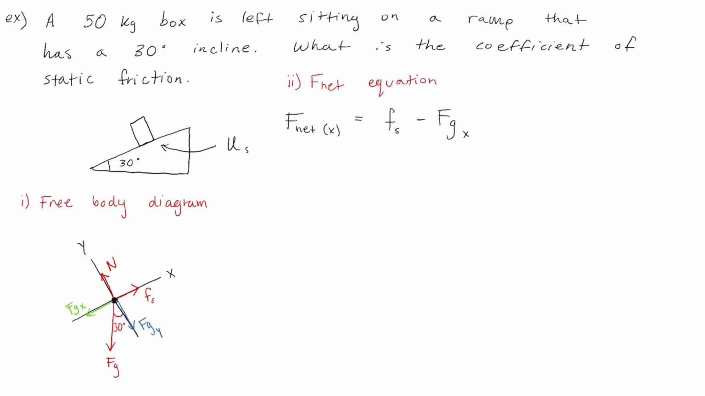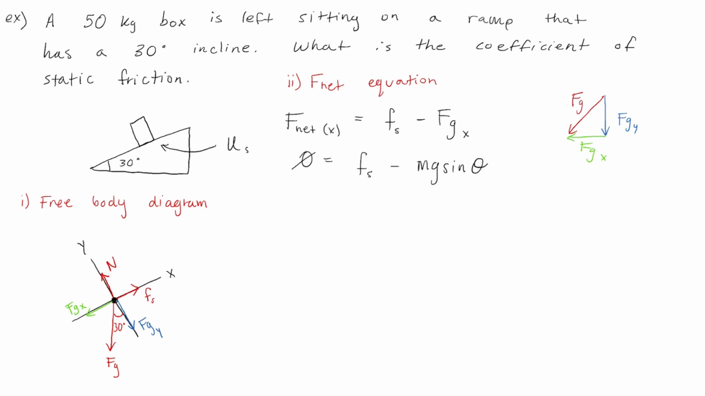We can replace F net x with 0 because the box is not moving. And we can also replace the x component of the force of gravity with mg sine theta. And now if you're wondering where I got that value, we can use vector addition. So we have FGY, and we can add that tip to tail to FGX, and the resultant is the force